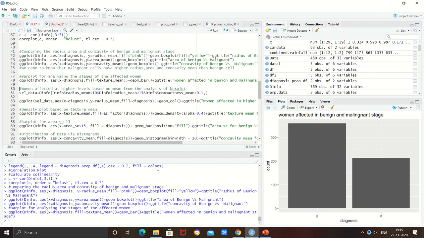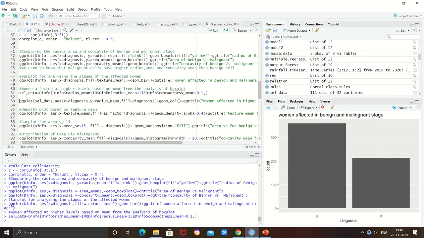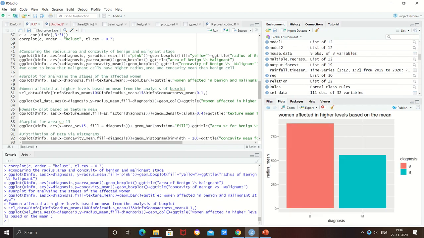Okay, so now we will check women affected at higher levels based on mean from the analysis of box plot. So we will run this line of code and we will see the output. So you can see the output here. The pink block represents the tumor for benign and the blue block represents the malignant tumor.